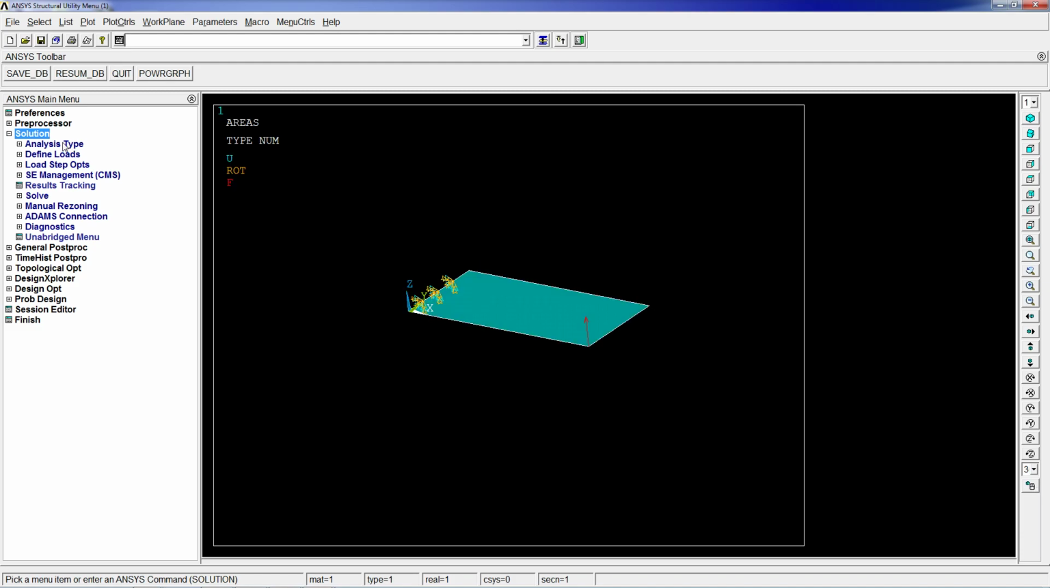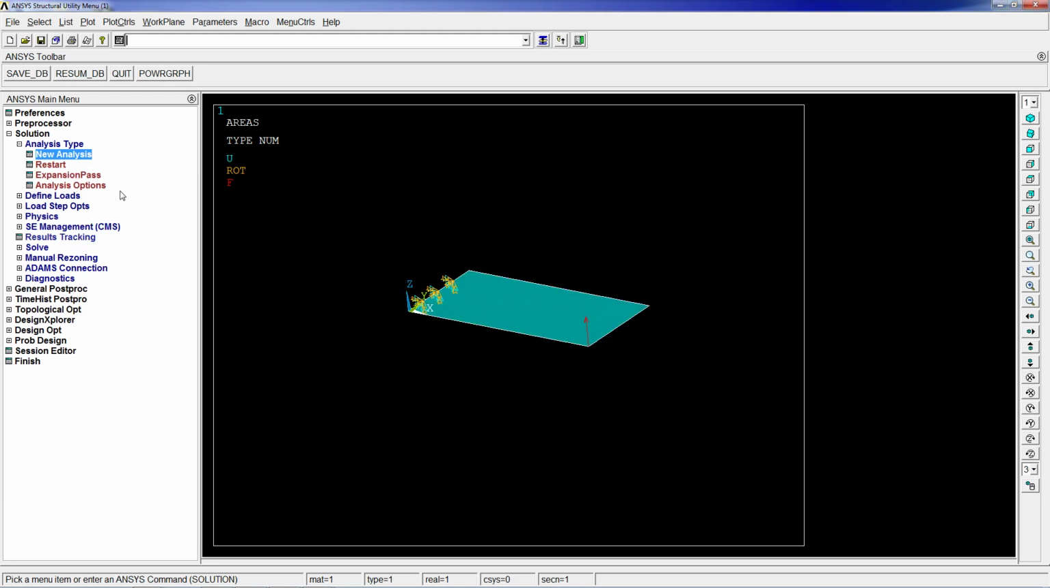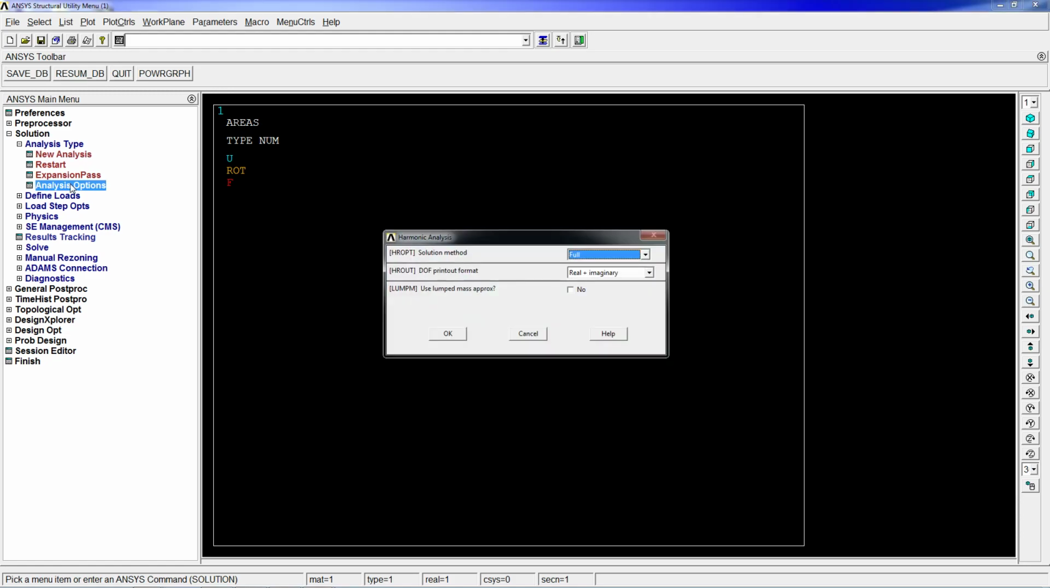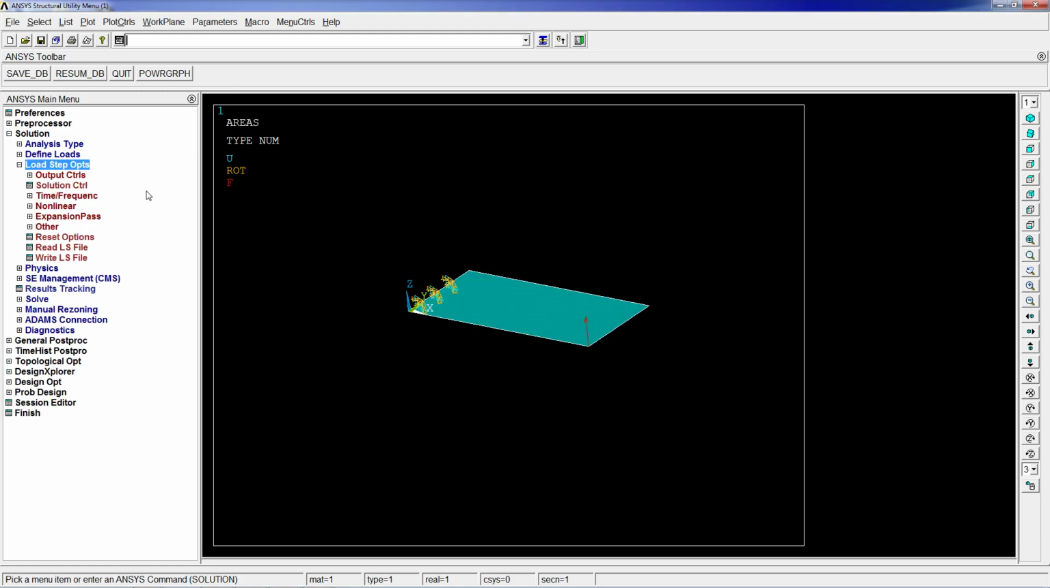And we're going to go to analysis type under solution, new analysis. We're going to go to harmonic. Okay, and then we're going to go to analysis options, and not in here. Sorry, no, we don't have these options. We don't need them. We're going to go to load steps and options, and then we go to time and frequency